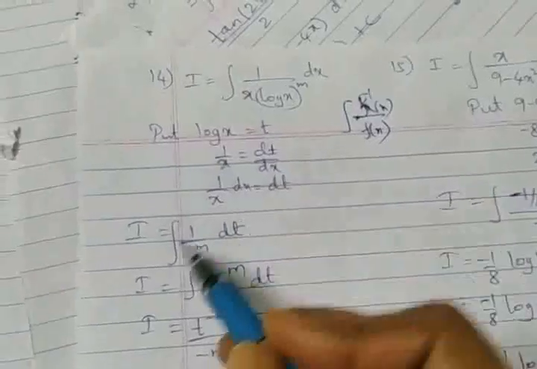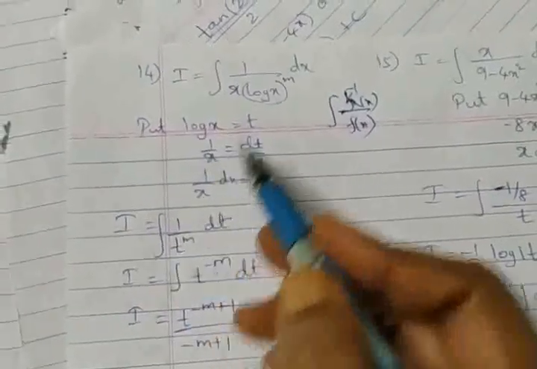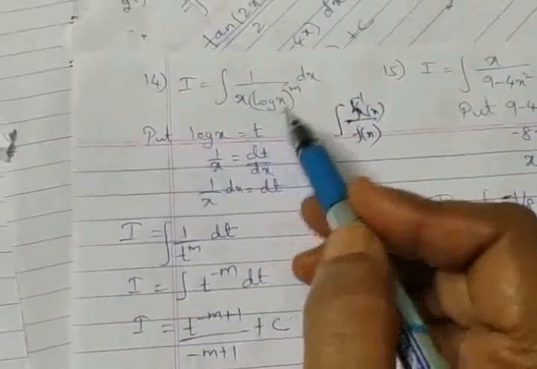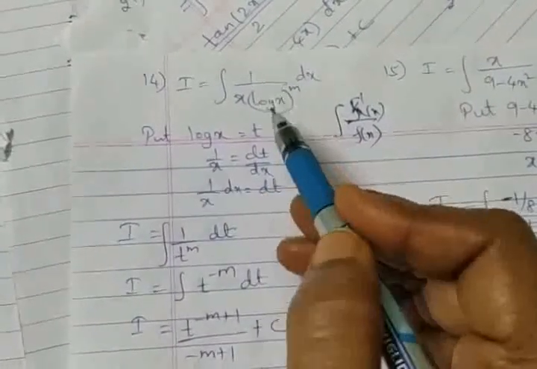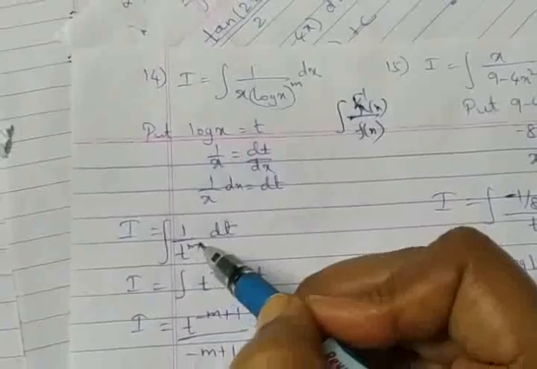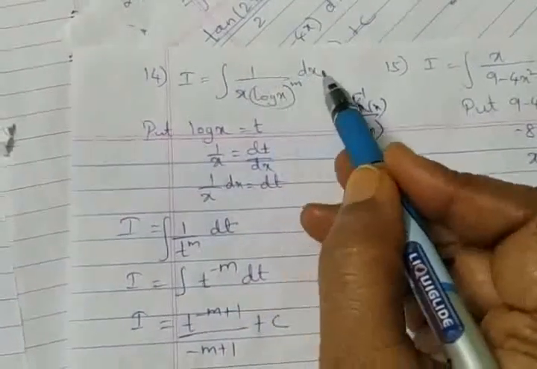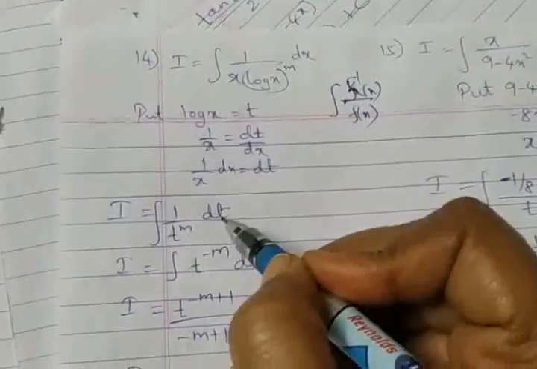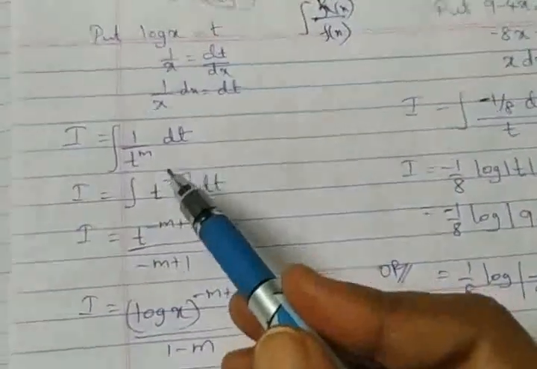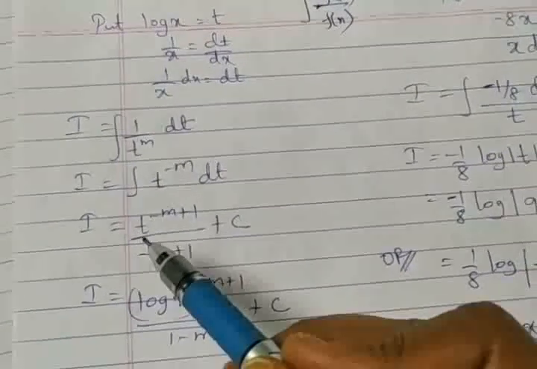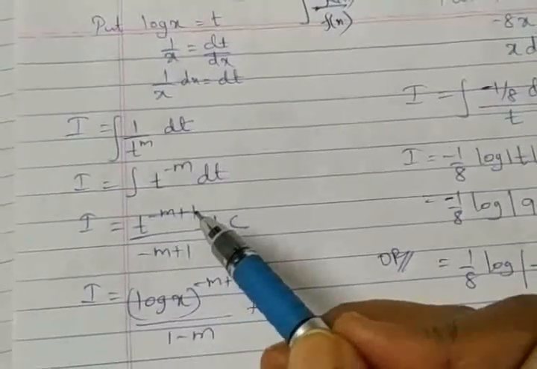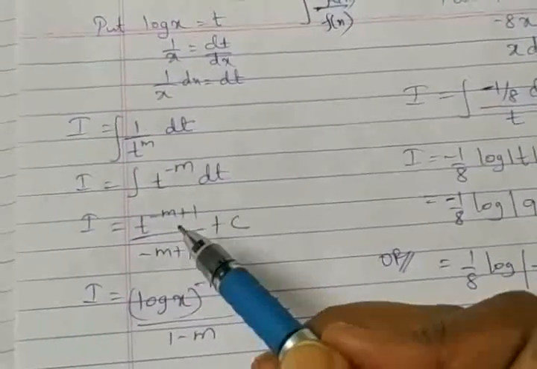by dt. So we have the integration of 1 upon, this part you have to please make a note, this part you have to see. We have 1 upon, this I am claiming for t, 1 by t raised to m. The whole term 1 by x with respect to x is replaced by dt. So we are left with the integration of t raised to minus m with respect to t. So we are left with t raised to minus m plus 1.